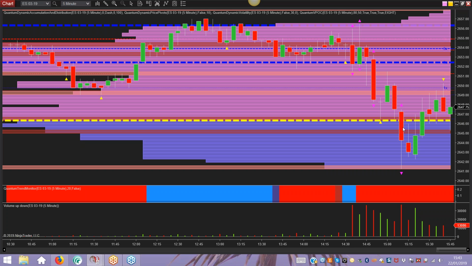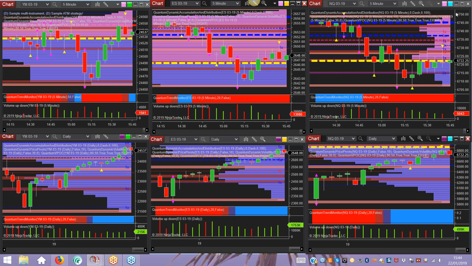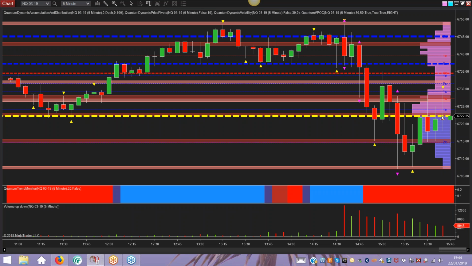I'm waiting for a stronger move, something that's defined with volume, where the price action has moved either strongly away from something like the volume point of control or has moved firmly through a strong area such as this, where you've got a platform and then you've got some protection in place should the market reverse against you. There's all sorts of decision criteria depending on what the market's doing. Exactly the same on the NQ. We're trading around the volume point of control, and we're not going anywhere at the moment. Lots of volatility, no great direction.